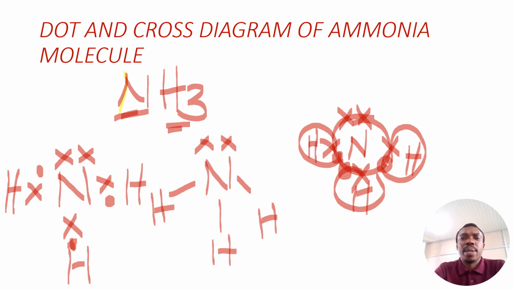So each of the atoms has attained its noble gas configuration. Nitrogen has completed its octet state, 1, 2, 3, 4, 5, 6, 7, 8. Hydrogen has completed its duplet state, 1, 2, 1, 2, 1, 2. So it's as simple as ABC. So this is how you show the formation of covalent bond in an ammonia molecule using the dot and cross